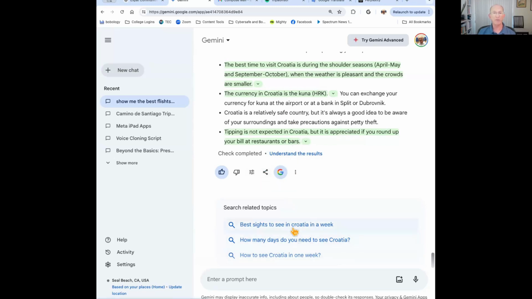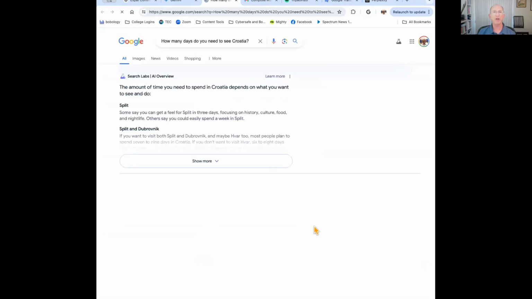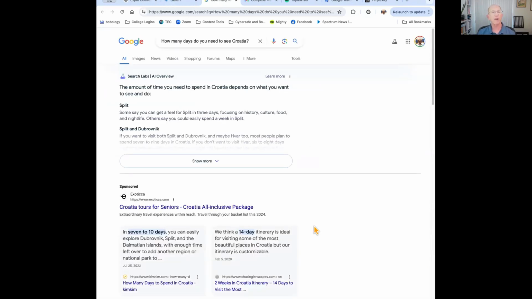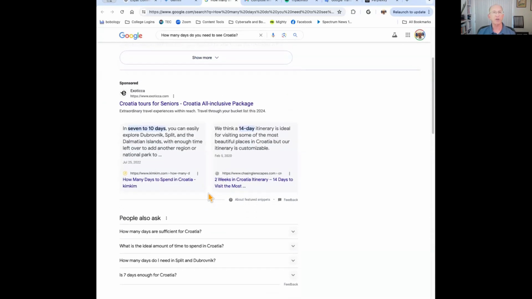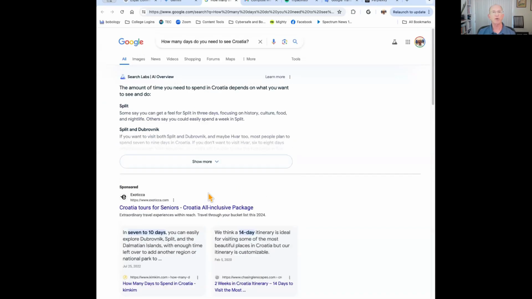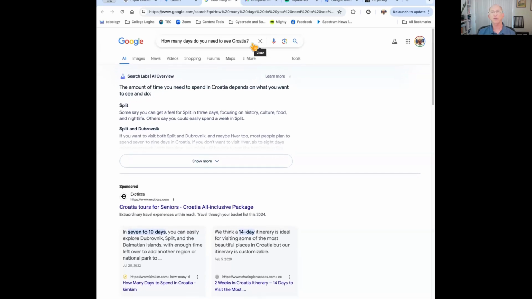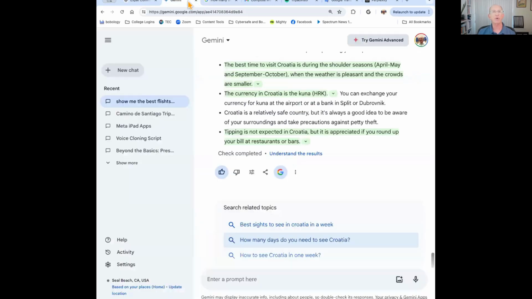And it gives me some related topics here that'll take me to search. And it now starts to have information here that takes me to a more traditional Google search site if I want to, as opposed to a Gemini AI site. So just a little bit different way to approach it.